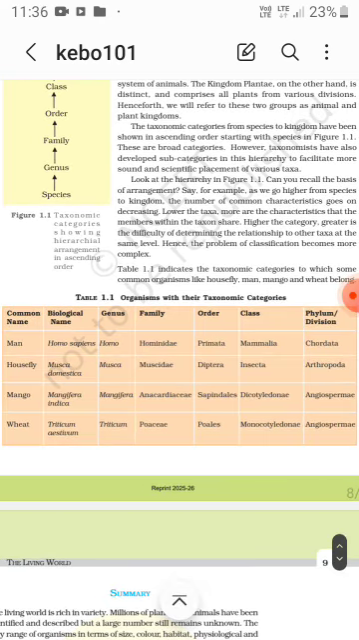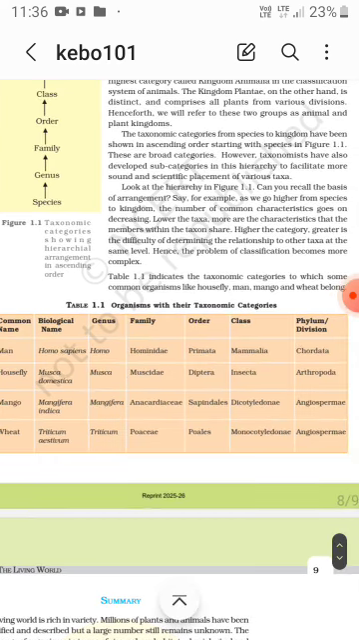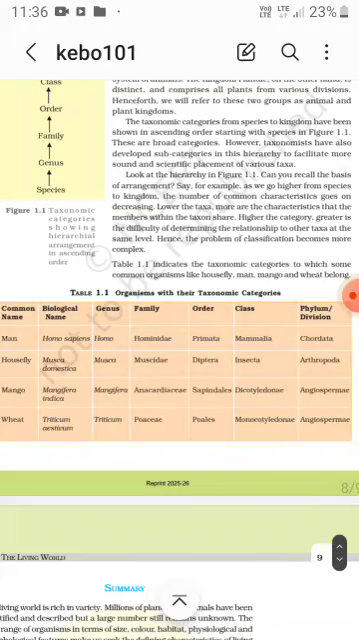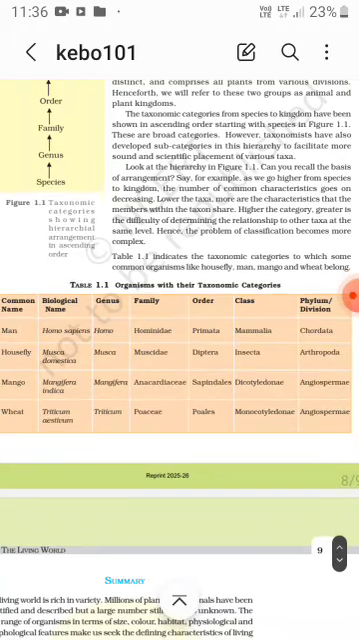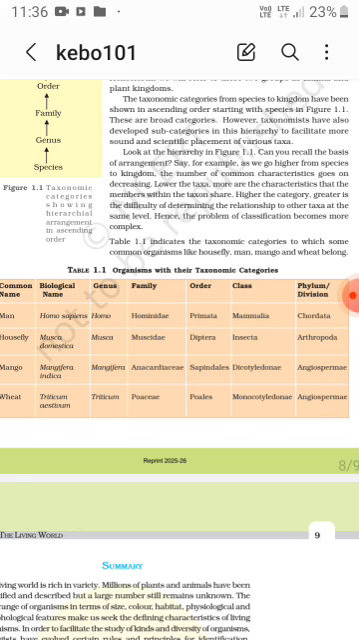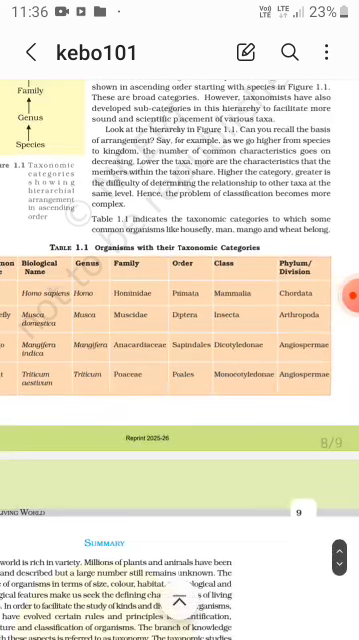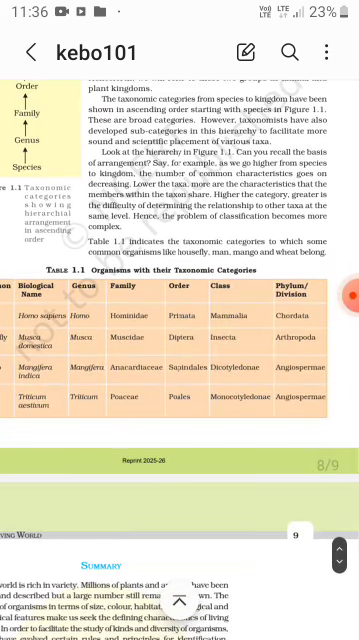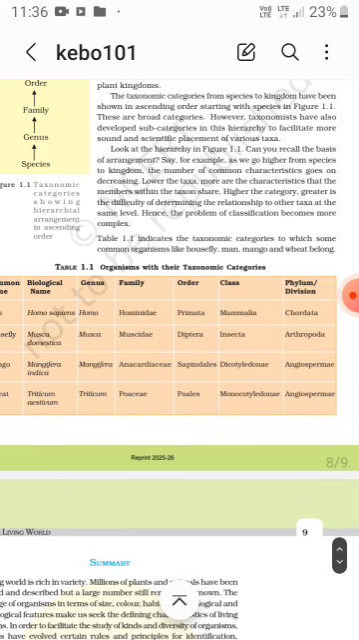Housefly, Musca domestica. Musca is a genus and family is Muscidae, order is Diptera, class is Insecta, and phylum is Arthropoda. Now mango, Mangifera indica, given by Carolus Linnaeus. Genus is Mangifera, family Anacardiaceae, order Sapindales, class Dicotyledonae, and division